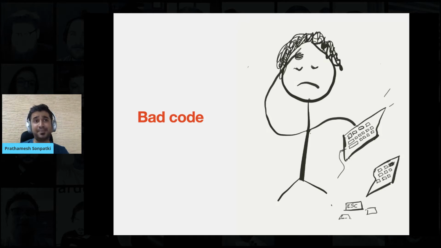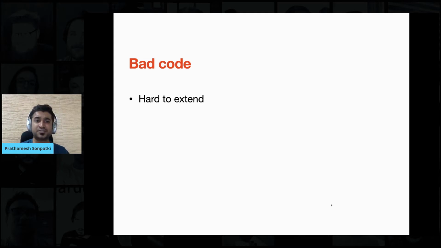what do we mean by bad code? Here I'm not talking about theoretical concepts, but what it meant in terms of our application. So bad code for us was very hard to extend. Enhancing any existing feature, let's say we have a sidebar and we want to create another sidebar where there were some different entities, extending that feature meant we broke something else in the existing sidebar.